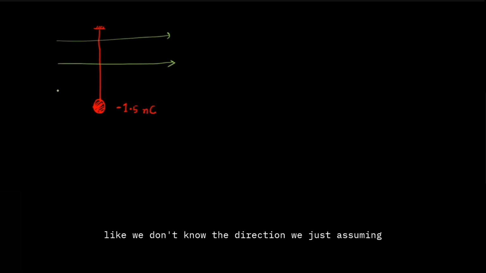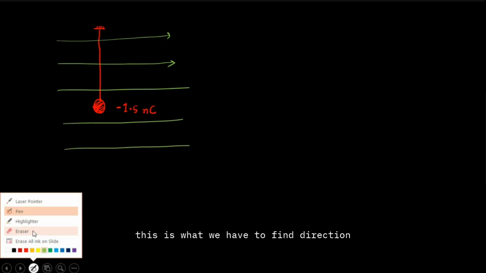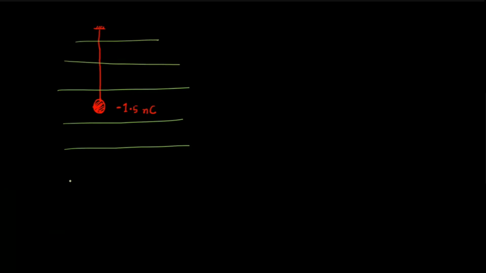Like we don't know the direction, we're just assuming that it should be like that. So this is what we have to find: the direction. We don't know the direction also, we'll try to figure out what the direction of the field line is. So the question says later on what happens here is that